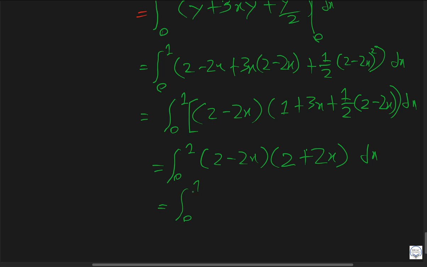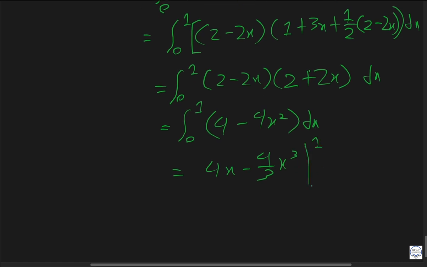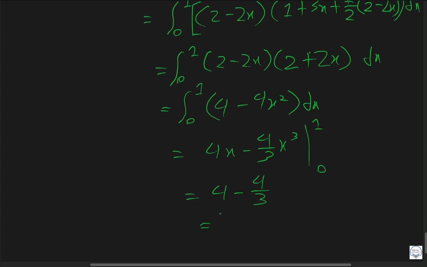It's just 4, 2 squared is 4, this is a squared minus b squared, so a plus b into a minus b, so we get 4 minus 4x squared dx. This is just 4x minus 4 by 3 x cubed with the limits 1 to 0. At 0 everything dies out, so we won't have to worry about this. We put 1, the upper limit, so we get 4 minus 4 over 3. 1 to the power 3 is just 1, so now we have